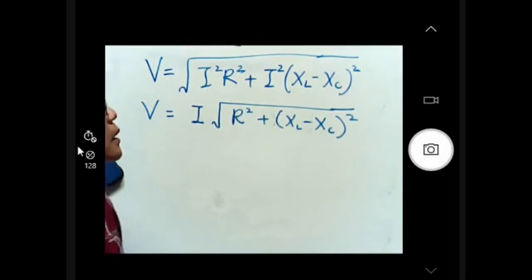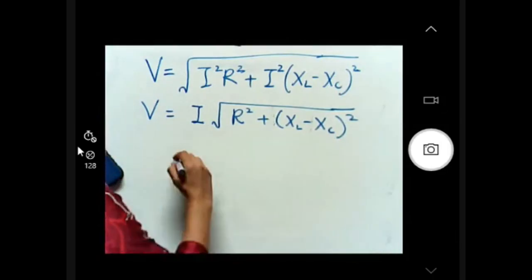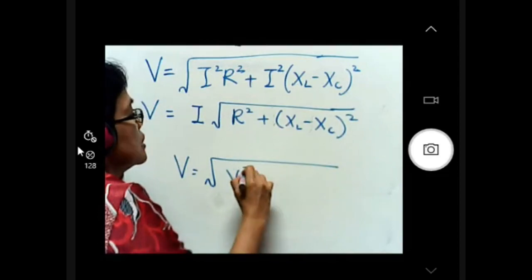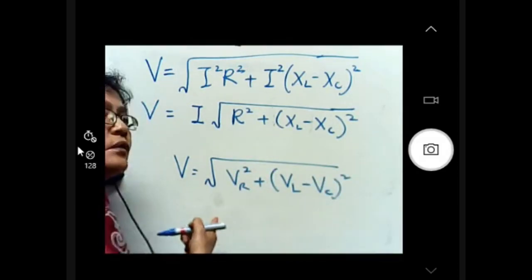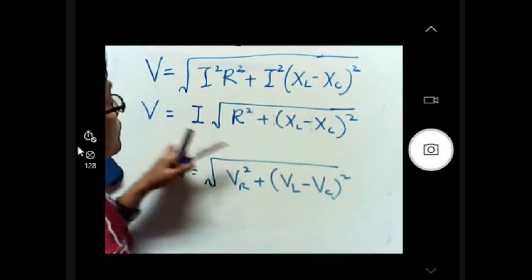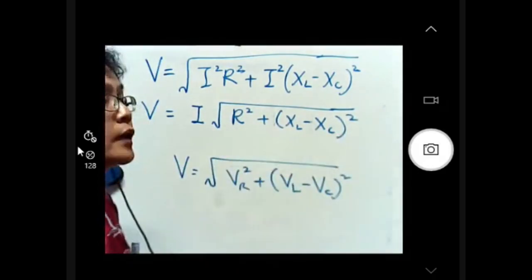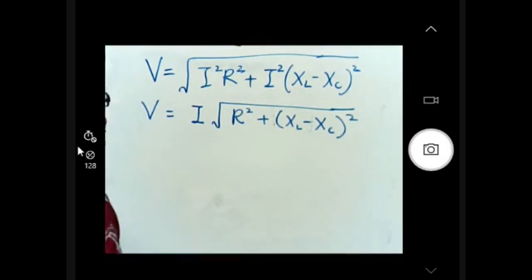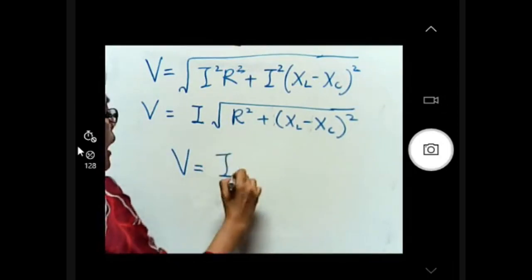So meaning the source voltage, you can use this equation. You can also use the basic equation. If they give you VR, you can use this, VL minus VC squared. If they give you the value in terms of voltage, you can use this equation. If they give you the value in terms of resistance, reactance, then you can use this equation. Okay? So we find that once again, I can compare this with Ohm's law, meaning V equals to I, and